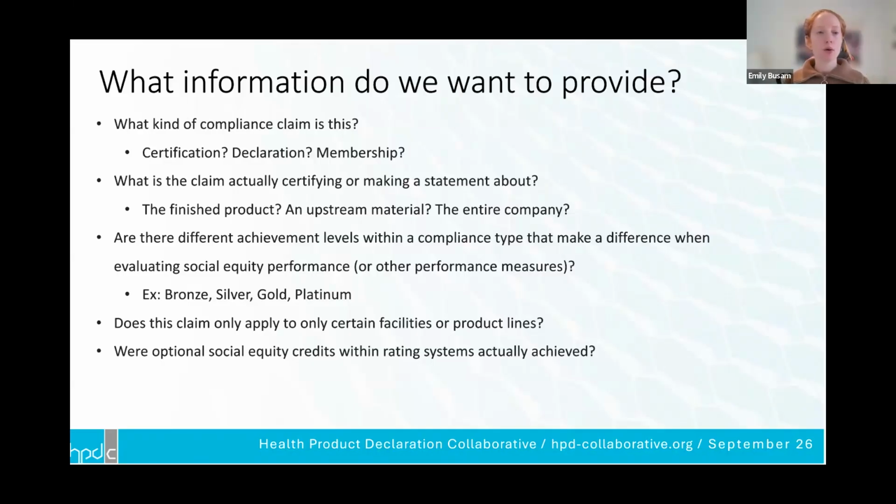And then another one is for rating systems that have optional social equity credits within them. How do we note if they actually met those social equity credits? So as you can see from this, there's a lot more nuance to this that we needed to find a way to include in this section in order to make these social equity compliance claims meaningful to building design teams.